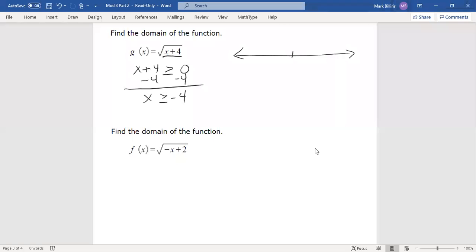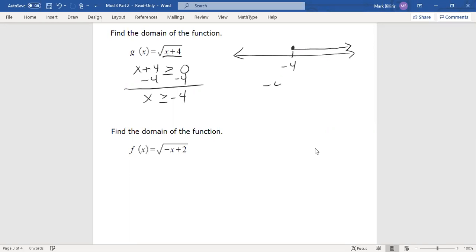So I write my boundary point, which in this case is negative 4, and this is read from your variable. So the values that are greater than or equal to negative 4. So they include negative 4 and all the values that are greater than is always to the right on the number line. So in interval notation, I start with my point furthest left from the graph, and that would be